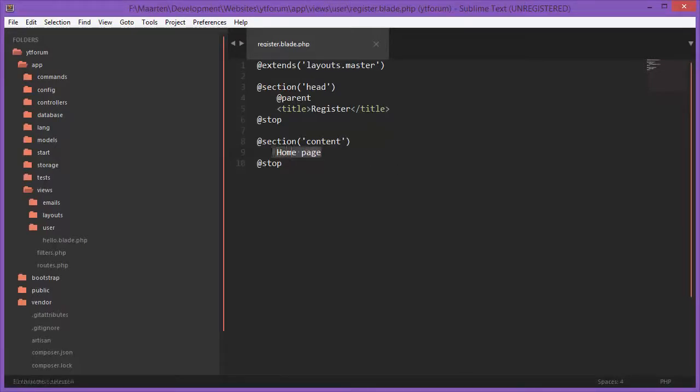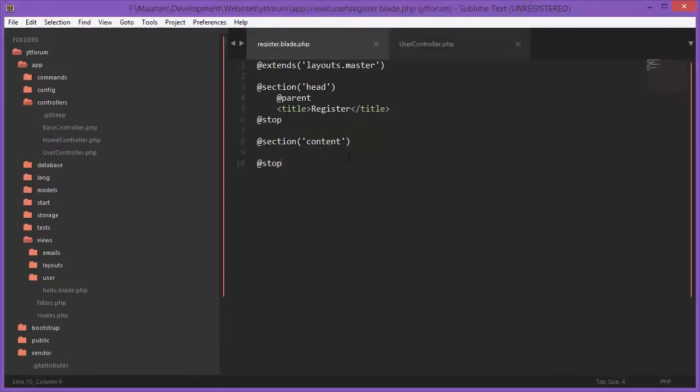One sec, let me have a look at some CSS styles that I want to put onto here so that we can get going very quickly. Okay, so I figured it out. First what we're going to do is create a div with a class of container. Now these classes are all from the Bootstrap CSS file which we downloaded in the previous video. So inside here we're going to have a title, h1, say register,